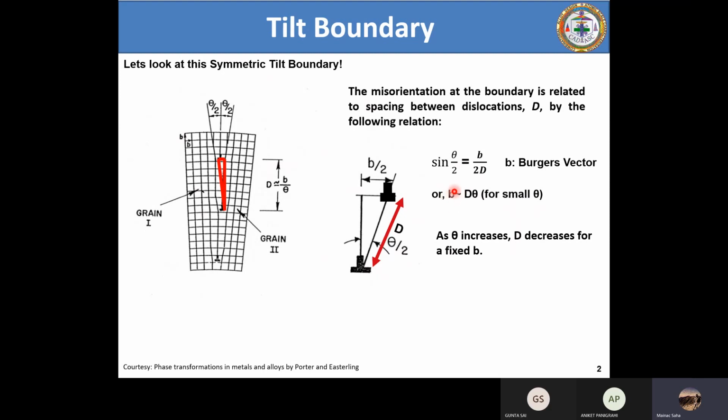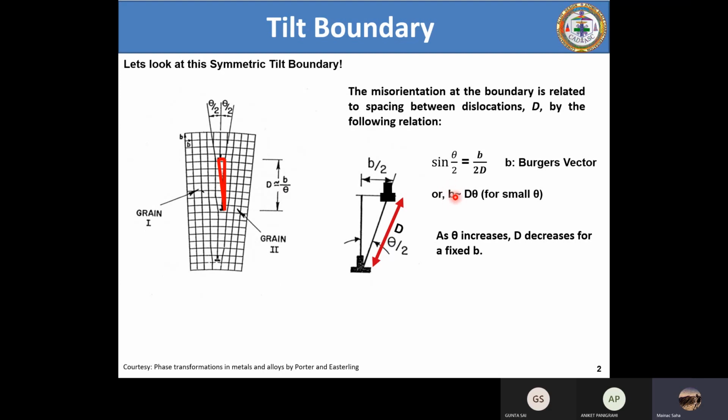This is a very simple assumption, because the Burgers vector actually changes along the interface. It's not the same. If you read more about grain boundaries in research, as I'm doing, you know that B is not the same along the interface. It continuously changes at the interface, and it also changes based on strain, dislocation arrangement, and thousands of other factors. Even people nowadays don't know how to determine this Burgers vector along the grain boundary. There are only one or two research papers in this field, and you won't be able to find it out.